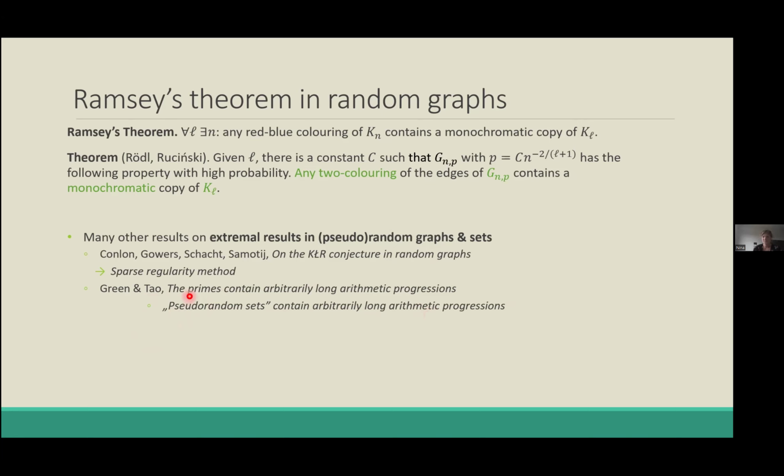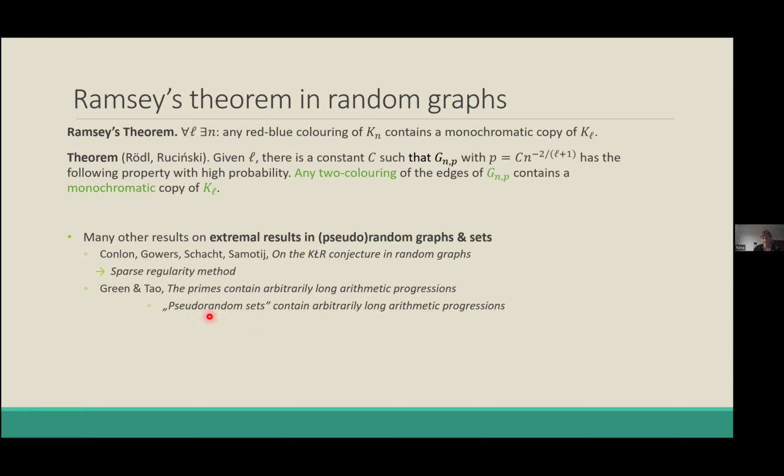But now the primes are actually a pseudo-random set of density roughly 1 over log n. So the statement about primes actually follows from the statement about pseudo-random sets, which is, of course, very deep and difficult. I just wanted to emphasize that this theorem is actually about pseudo-random sets. And in fact, Green and Tao used some important transference techniques that later inspired the work of Conlon and Gowers on random and pseudo-random graphs.